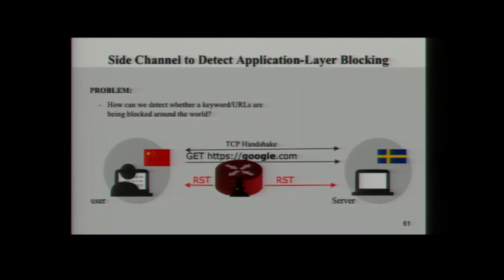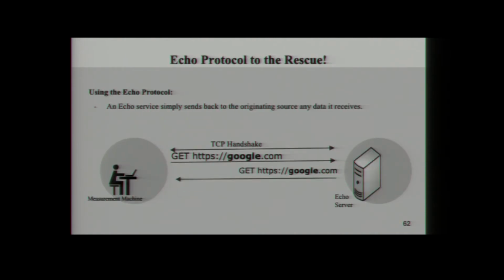Is there a way that we can have another side channel to be able to detect that? Well, this is the work that we are currently working on with Michigan folks and students in our department. We looked at different types of protocols, and it seems there is a protocol called ECHO, and the ECHO protocol, which is a predecessor of ping, whatever you send to a machine that is running ECHO, it's going to send back exactly the same thing. So you send, let's say, GET http.google.com, it's going to send you back that.